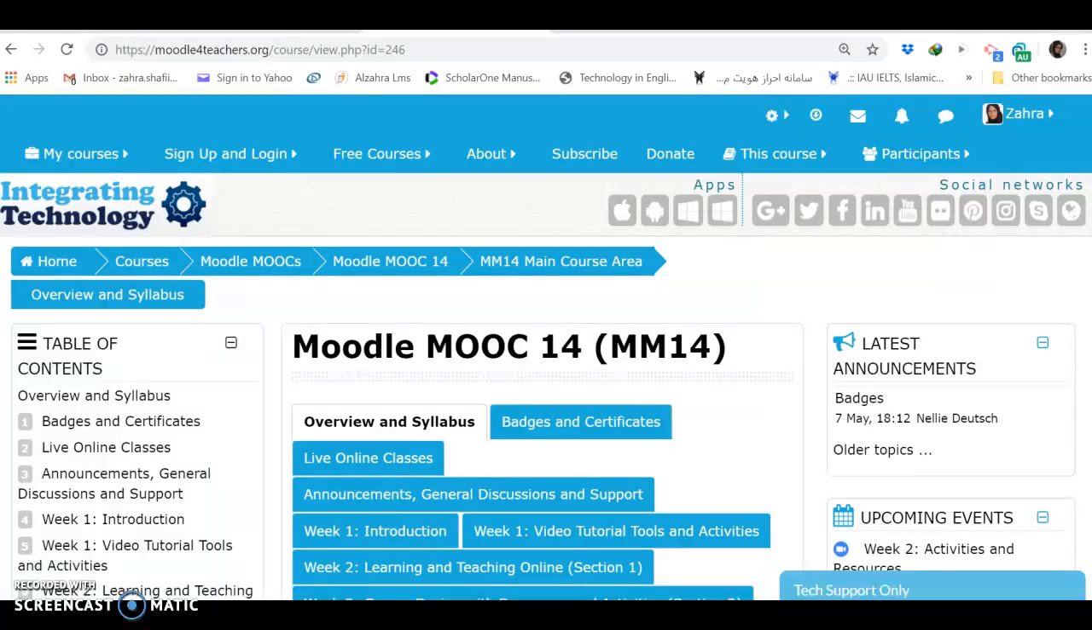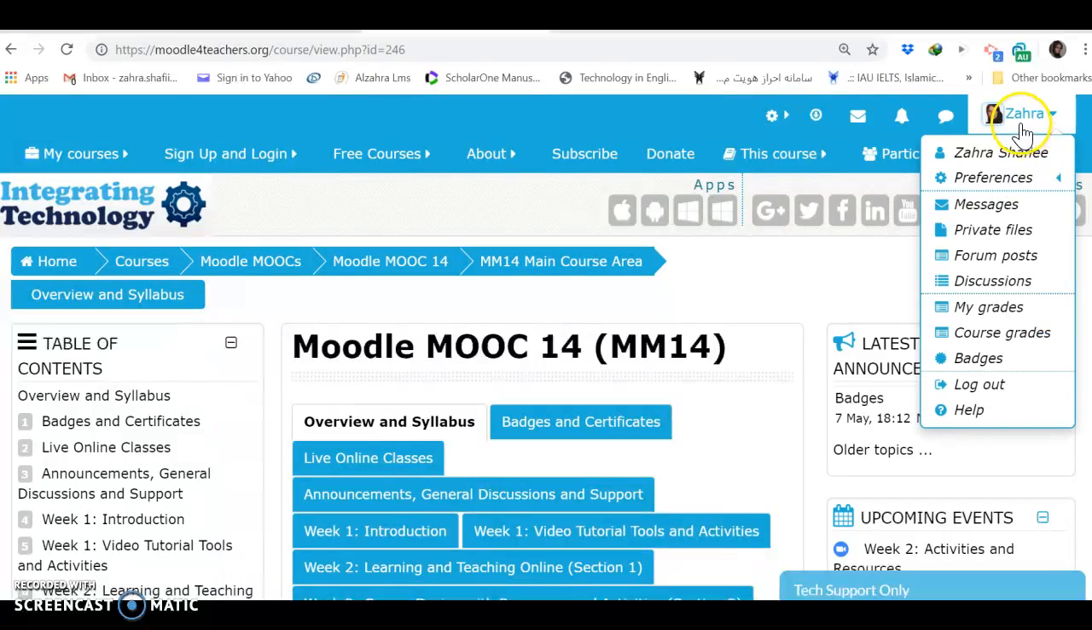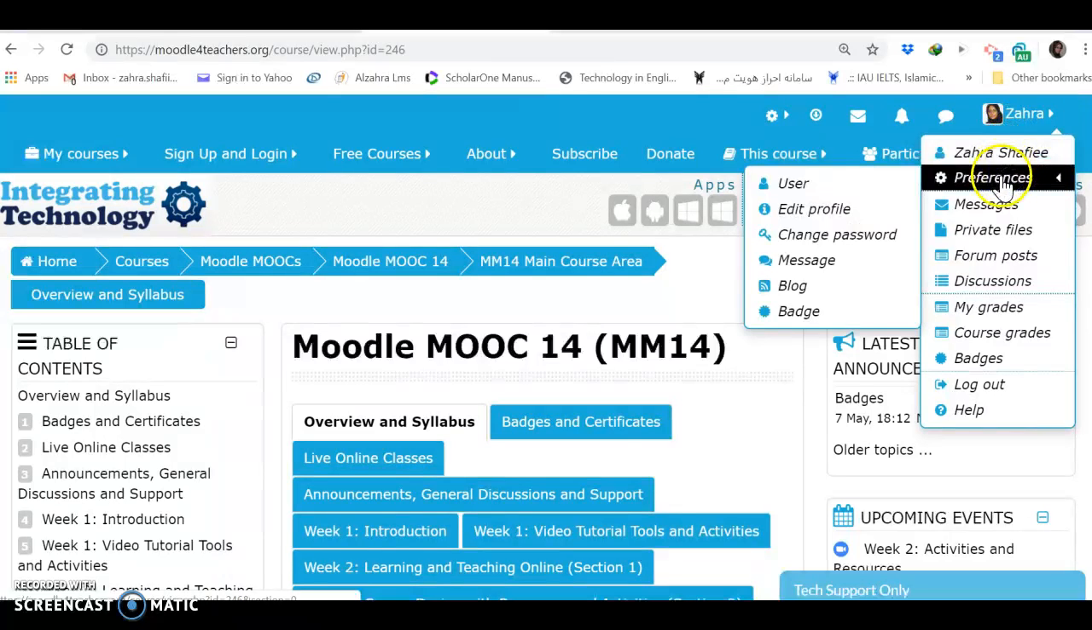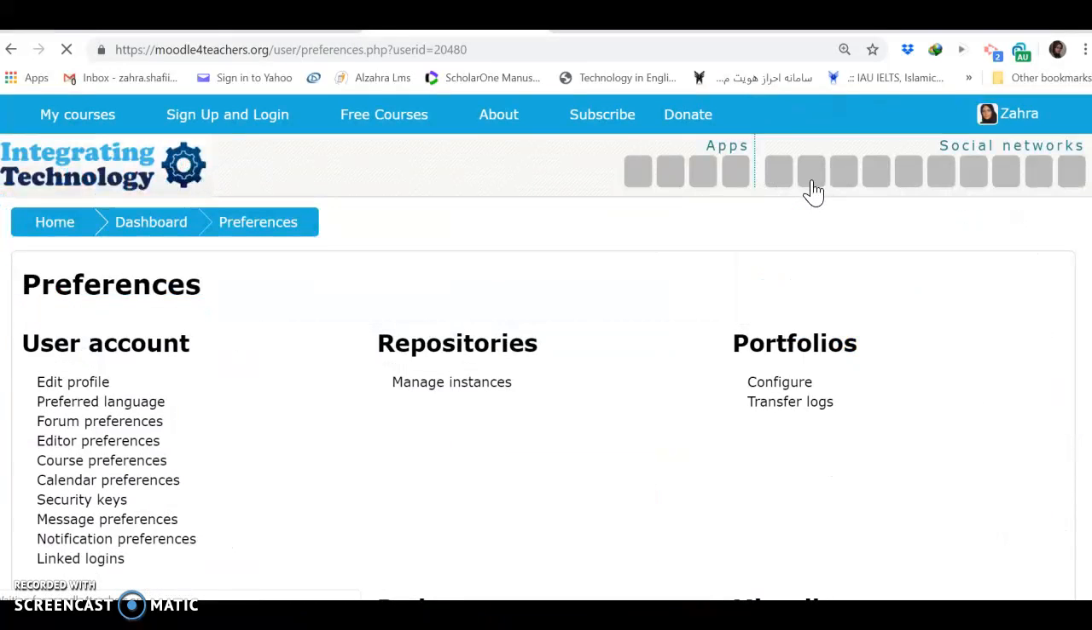I am Zahra. We are in Moodle MM14 and here I want to show you how I can register an external blog to the Moodle course. First of all, I should go to the menu below my profile, go to preferences and click on user to go to the user preferences lists and